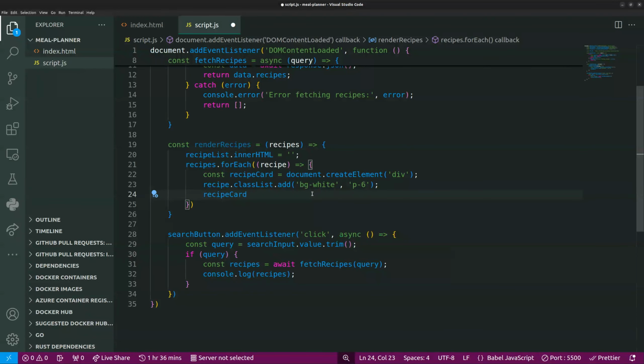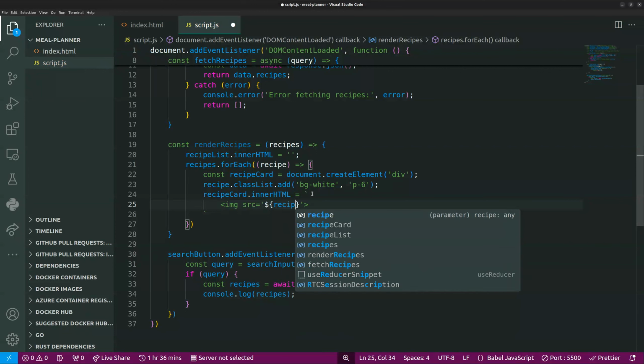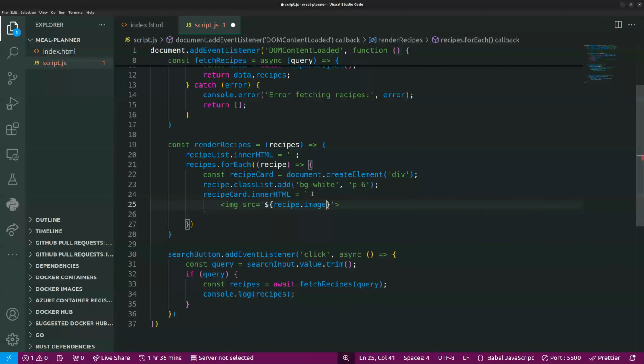The recipe card dot inner HTML, and we're going to add some things in here. The first thing we're going to add is an image. So we'll create an img tag. This needs src, where we're going to give the source of the image. The recipe comes in with an image. For that, we can say for each recipe dot image underscore url, and if you go here,